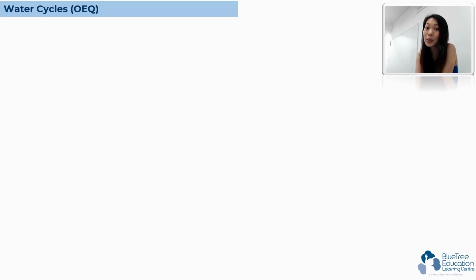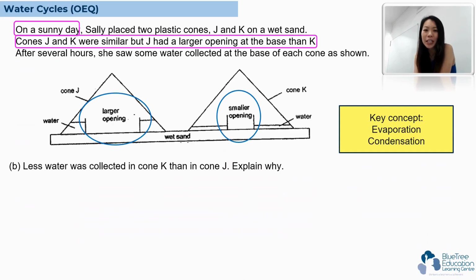And let's continue to part B. A similar question, but right now part B is actually asking why less water was collected in cone K than in cone J. Explain why. So again, the key concept, it's similar. It's talking about evaporation and condensation. But in this case, they asked how come less water was actually collected in cone K as compared to cone